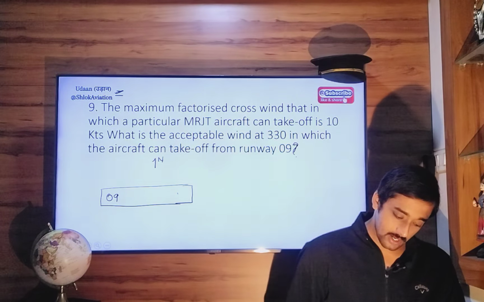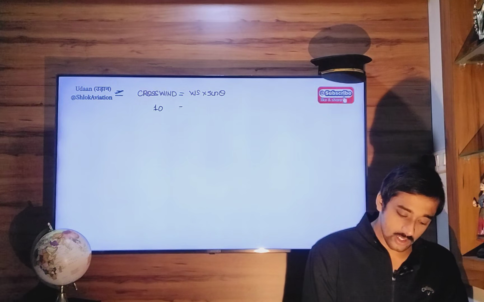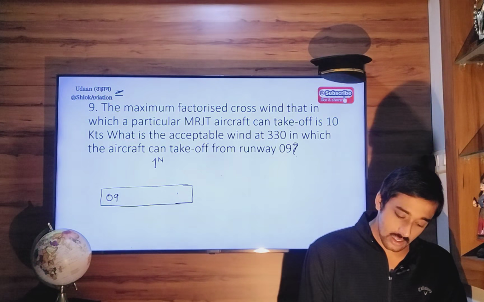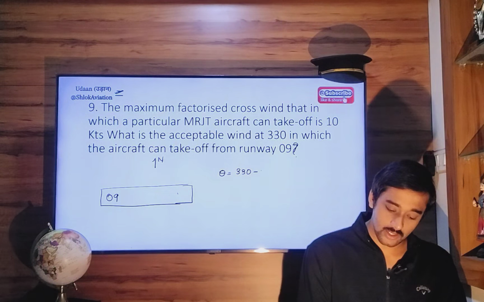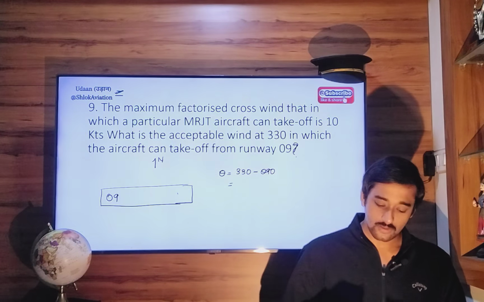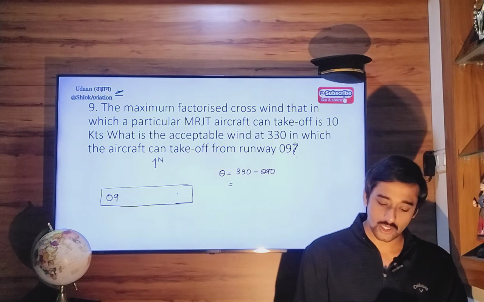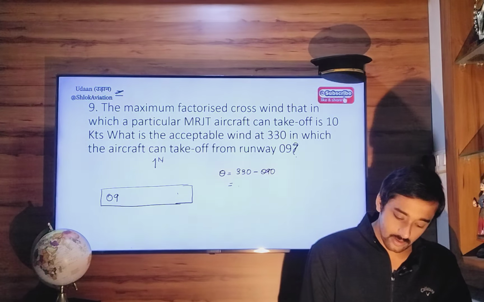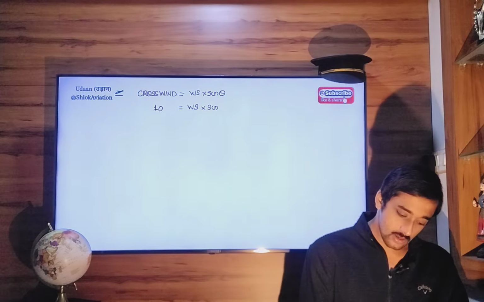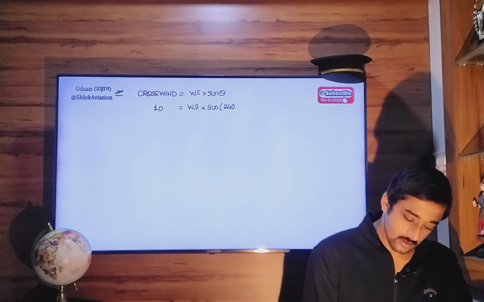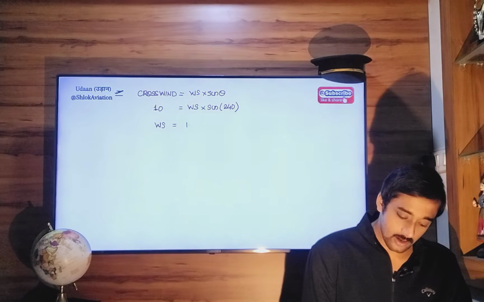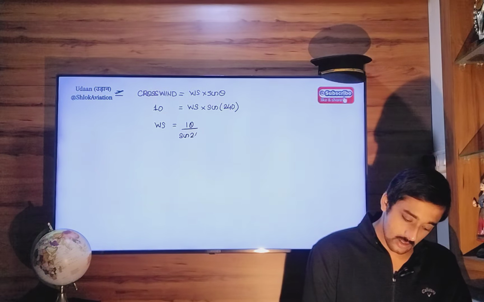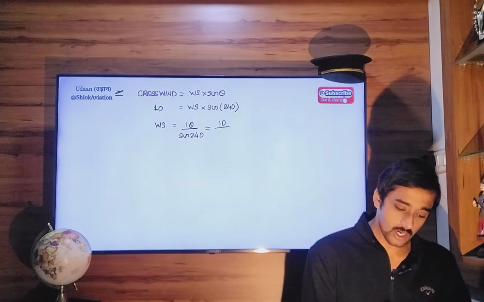Now what is the crosswind limit? 10 knots. 10 knots equals wind speed into sine theta. What is the value of theta here? Which is wind direction 330 minus runway direction 090. So 330 minus 90 is 240. Right? So sine of 240. Therefore wind speed will be 10 divided by sine 240, which is equal to 10 divided by